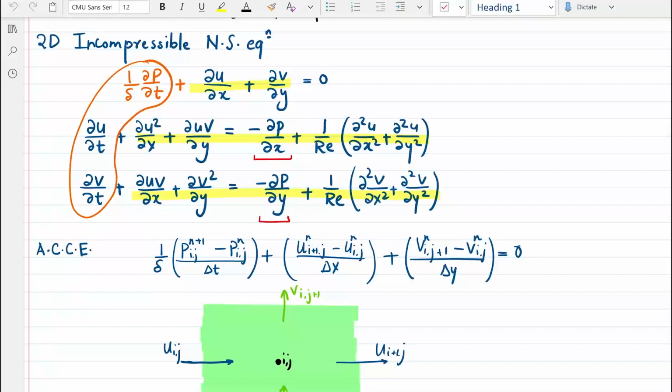So if we look at the governing equations, that are the 2D incompressible Navier-Stokes, we have two parameters that are needed for initialization. The first one is the artificial compressibility, this delta, and the second parameter would be the Reynolds number. So once we initialize the domain and give the properties their value, after that we can start to initialize these u and v velocity fields.